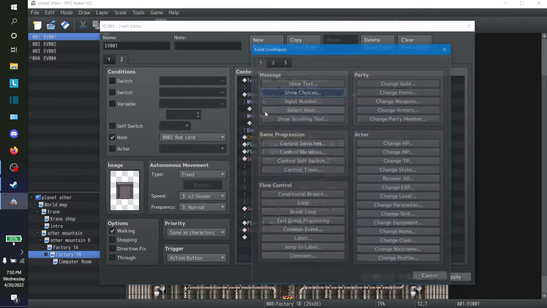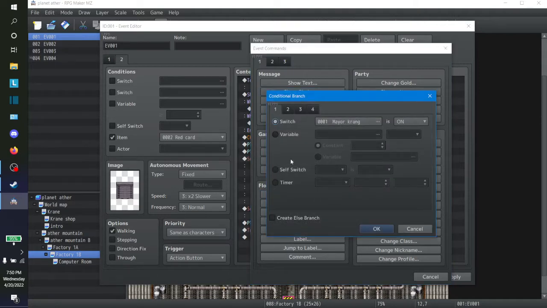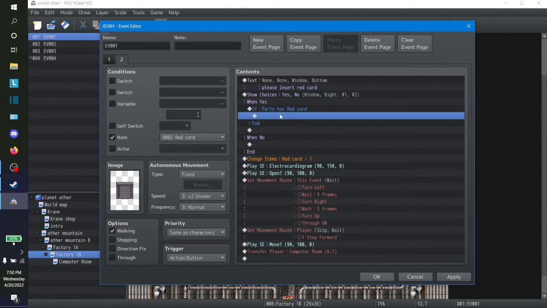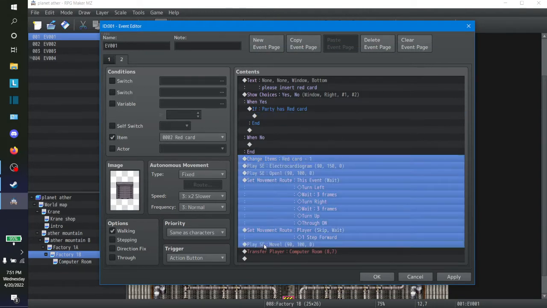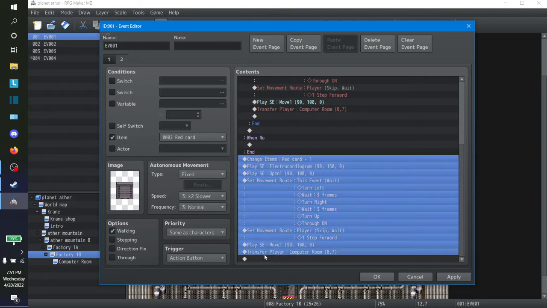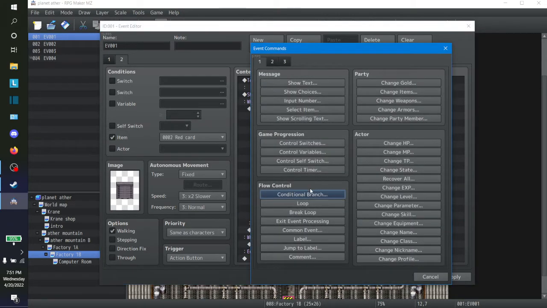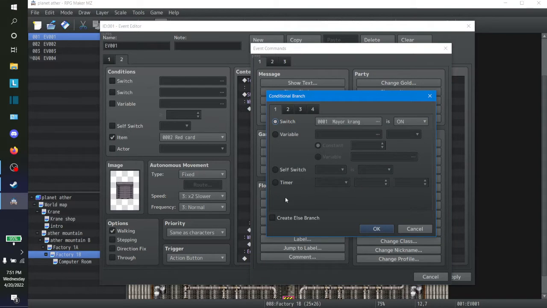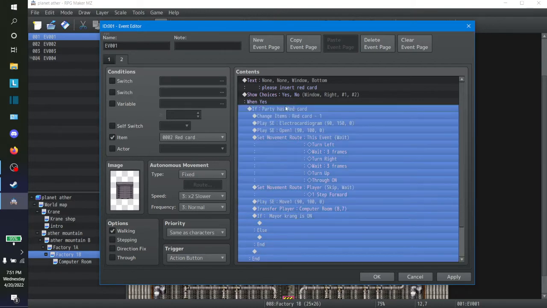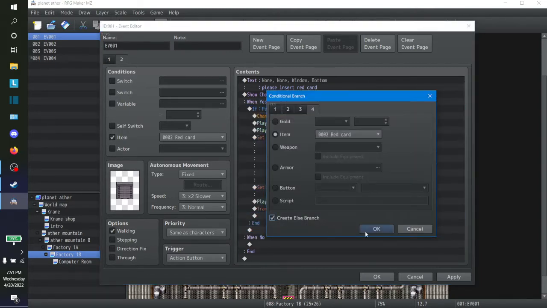So then when you hit yes, let's add this. So let's say conditional branch. Item, red card. If party has red card, okay, if party has red card 1, okay, conditional branch, create an else branch. Okay, we need to actually change, no, let's clear this out right there. Create an else branch. Else,